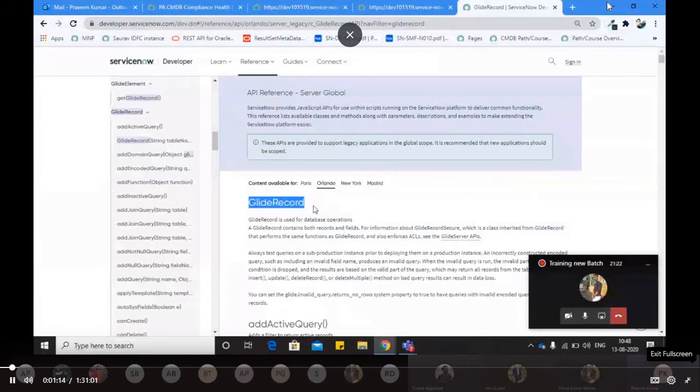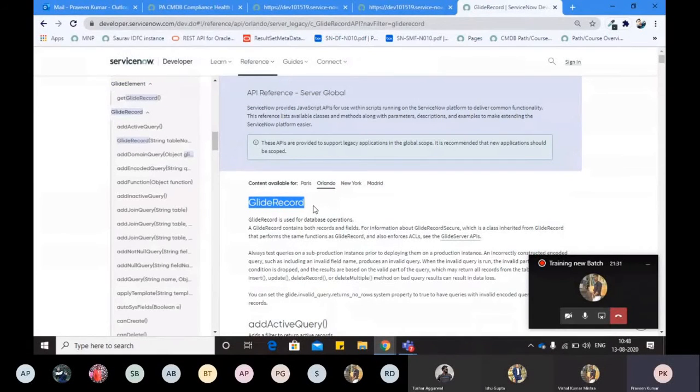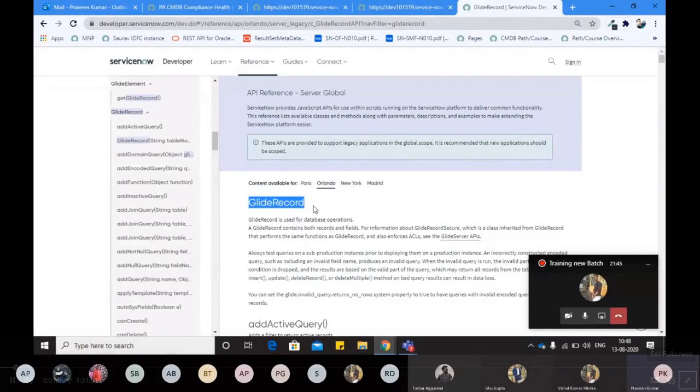What happens in other technologies, like Java or .NET? First we create a connection with our database. Then there may be different ways to update the data, but at the end, if there is a complex thing, you have to write a query by yourself, or at least test your results using some query, if you are not using something like Hibernate. Otherwise, you will always be using some queries.